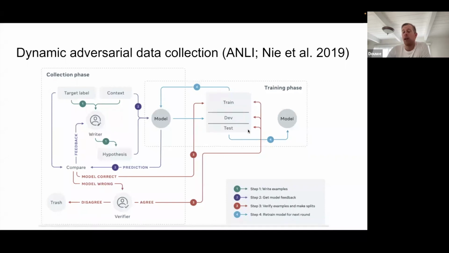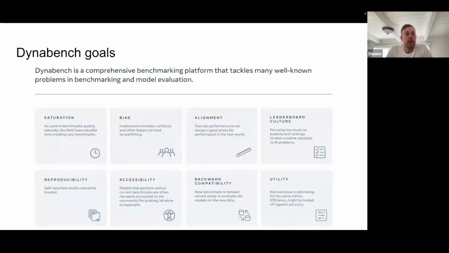and in the test set. And once we've collected enough of this data, what we do is we train a new model on the old data plus this newly collected data. And this model is now the new state of the art, which we can then put back in the loop for another round of data collection. So the idea is that you create this virtuous cycle of making models stronger and stronger with humans and models in the loop together. And so Dynabench took that idea and then built this comprehensive benchmarking platform around it,